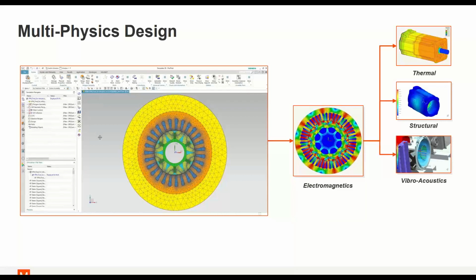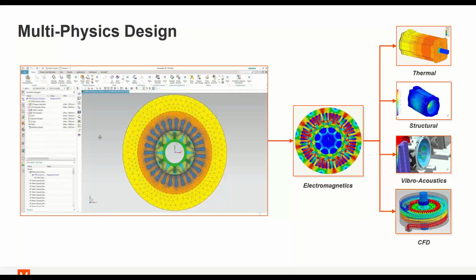Also, the vibroacoustic analysis, because the internal combustion engine used to mask a lot of the noises generated by the car. However, nowadays you don't have the masking noise, so the noises that come from the electric machines and from the transmission whine all become very significant and dominant. We have to take into account the vibroacoustics, and it's becoming more and more popular as we progress and explore new techniques in the electric vehicle industry. And the last thing, of course, is the cooling of the electric vehicle.